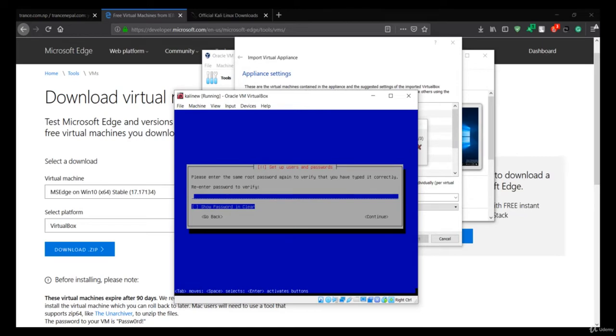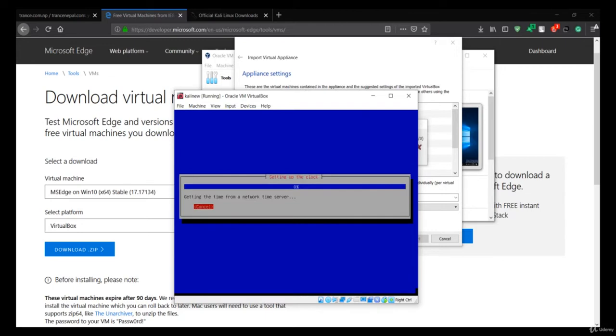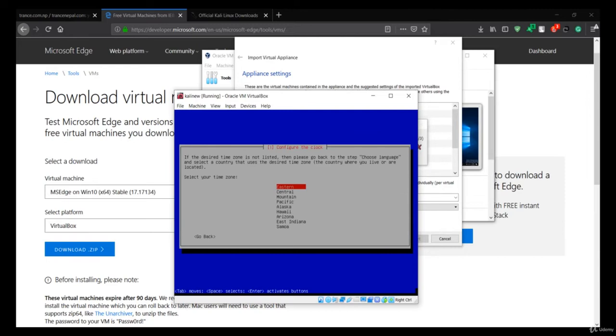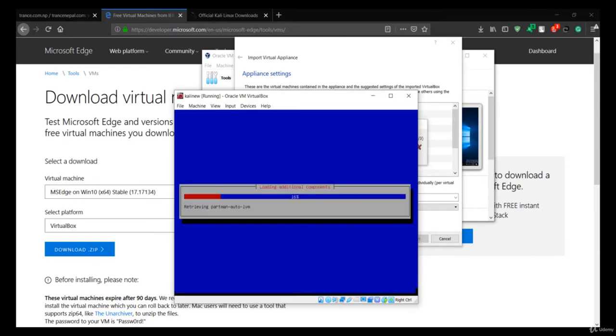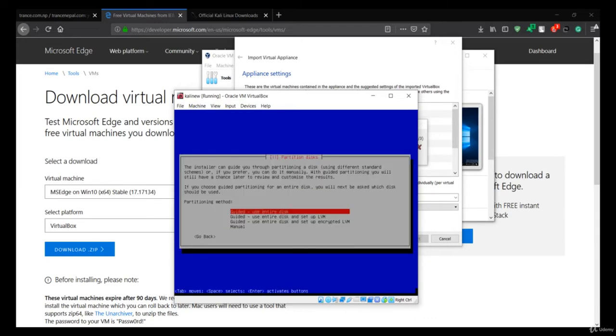Let's hit enter. It is going to give us a new prompt to re-enter the same password. Let's hit enter one more time, and now it is going to set up the clock. So let me say Eastern, and now let's wait for some time again, and it is going to load additional configuration for us. Now it has set up the disk partition, and we have also already partitioned the disk. That should be around 34 GB, or make sure that it is greater than 30 GB,